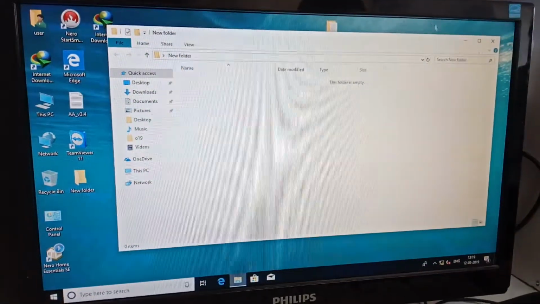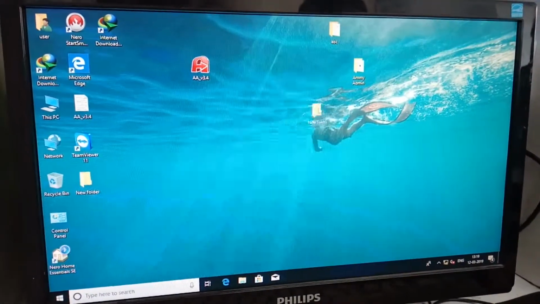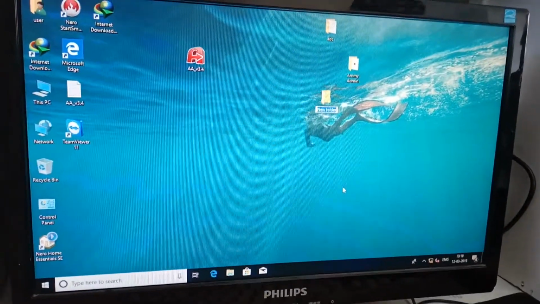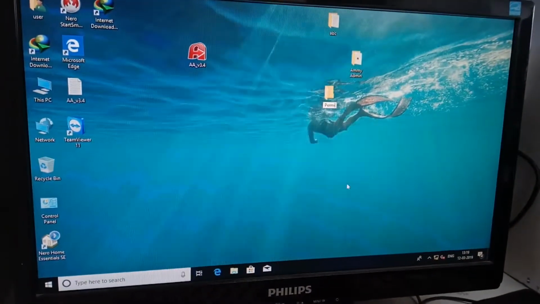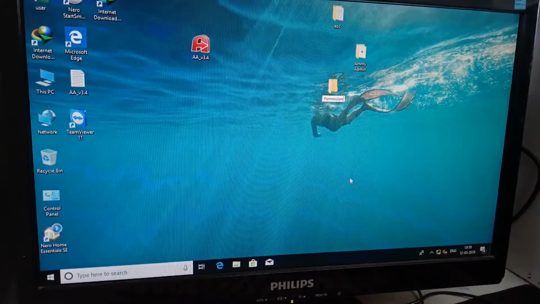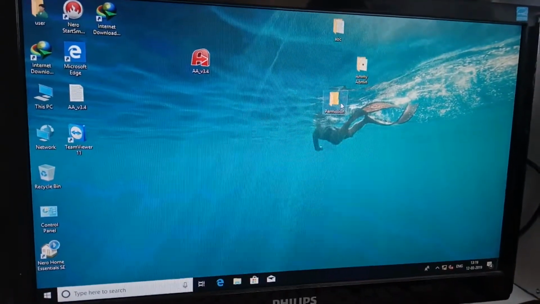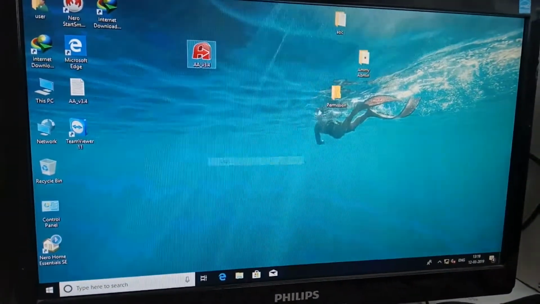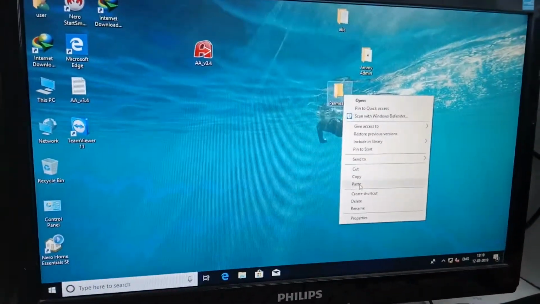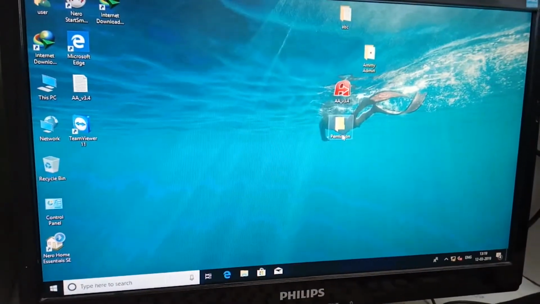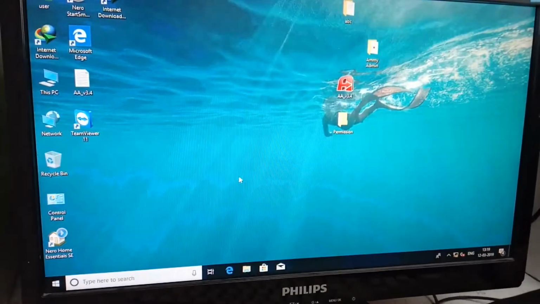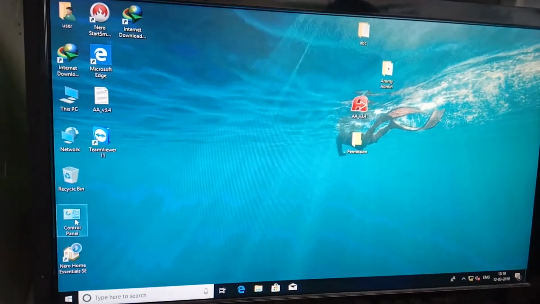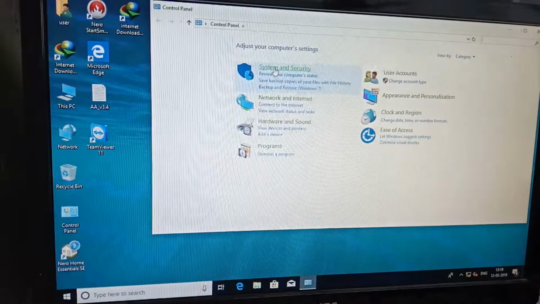Share this folder. Okay, this folder I'm going to keep in this folder, I'll keep this one. Okay, so this folder have this one. Okay, so now what I'll do is that here, Control Panel, System and